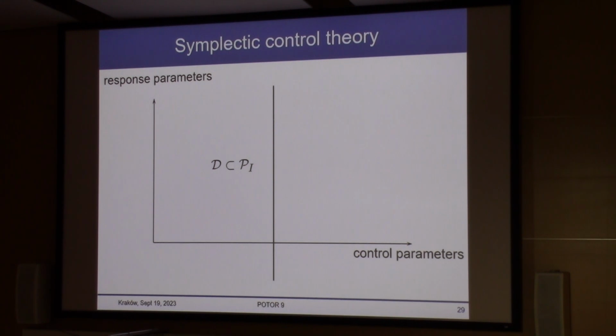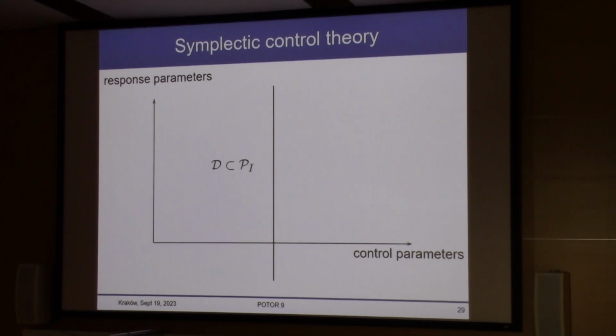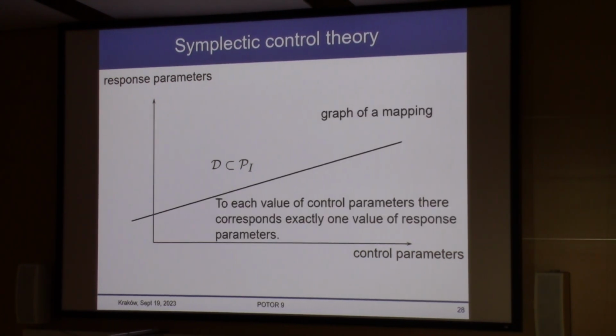However, very often in physics, we meet such a situation. Of course, if we insist on having physical laws as just a function from control to response parameter, then it is a disaster. Because we have a constraint, some values of control parameters are excluded and the control-response relation is multi-valued. But if we consider the dynamics as just a submanifold,